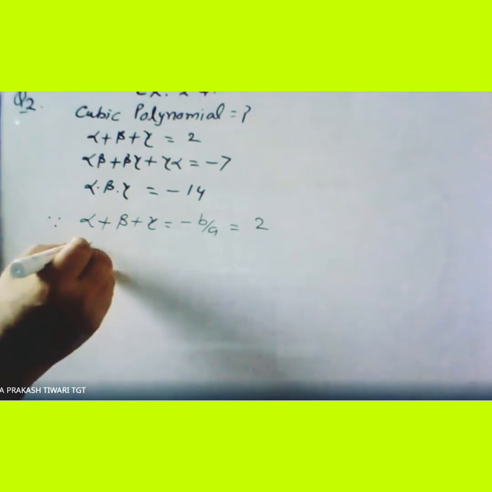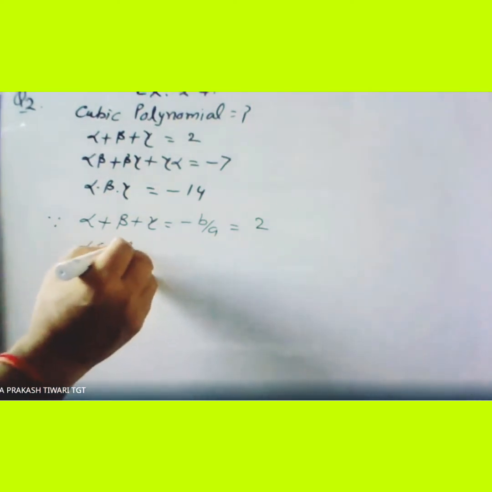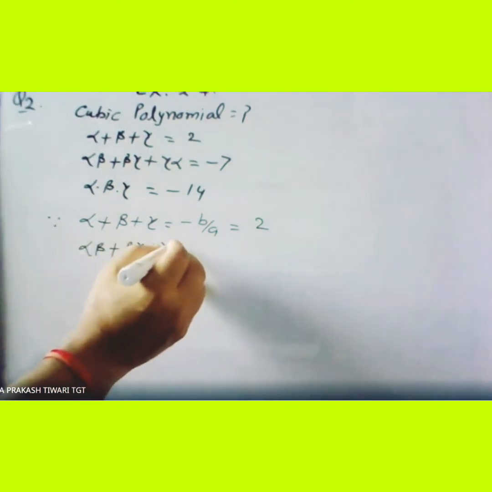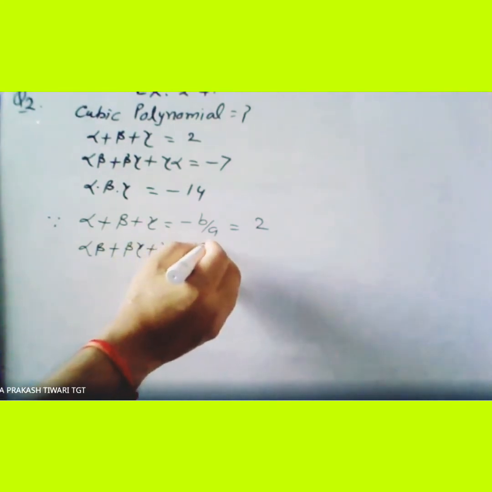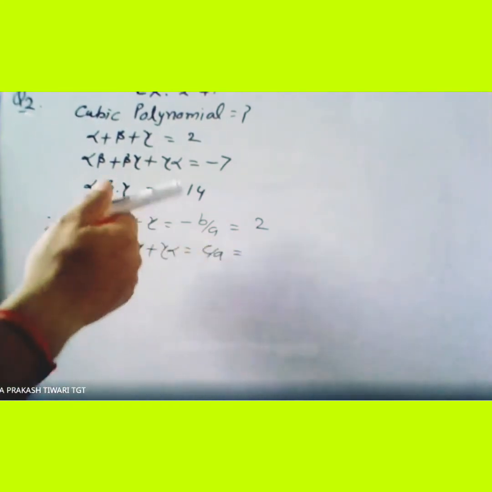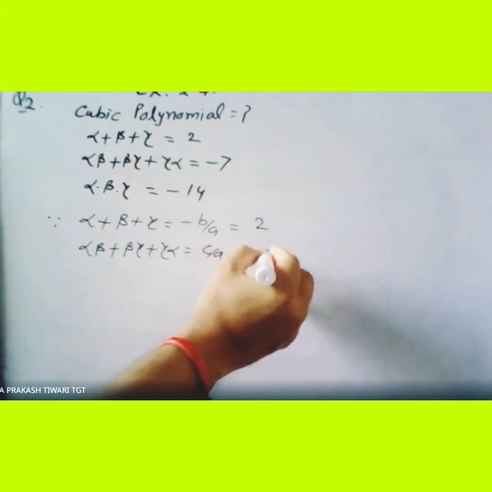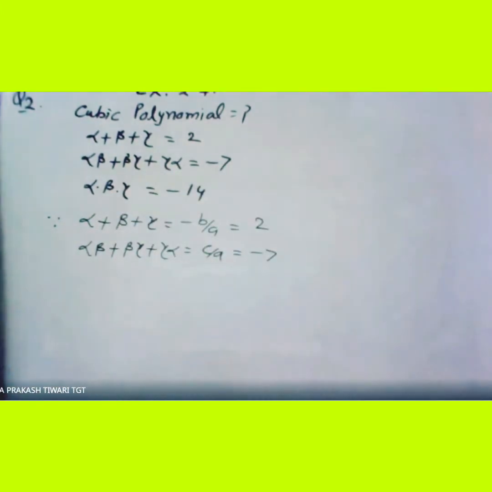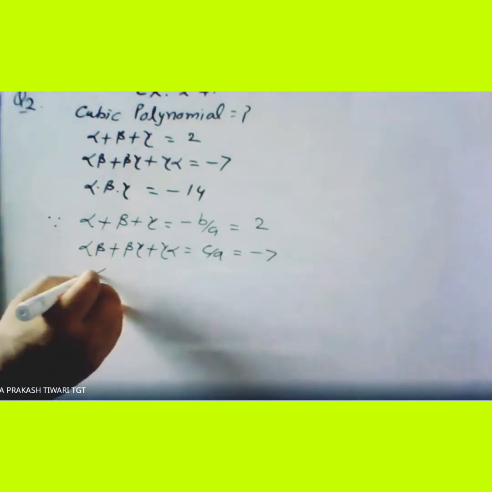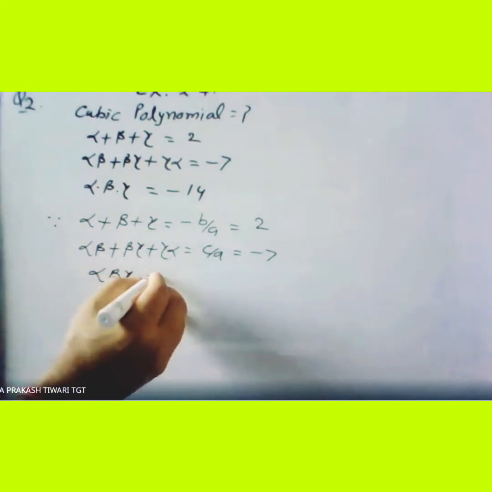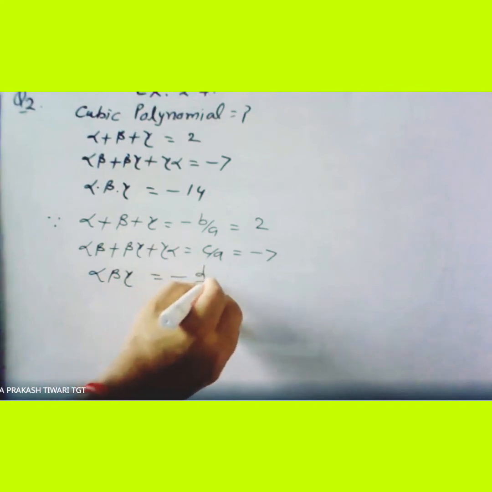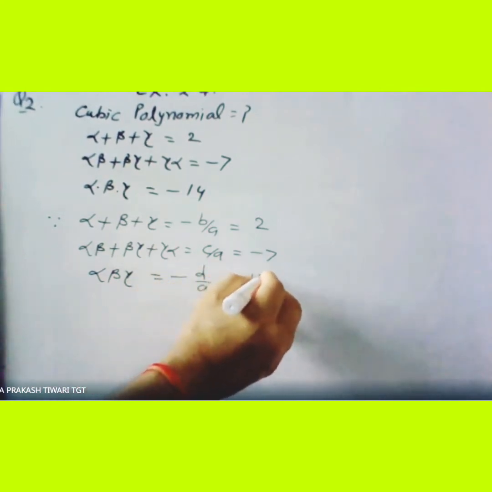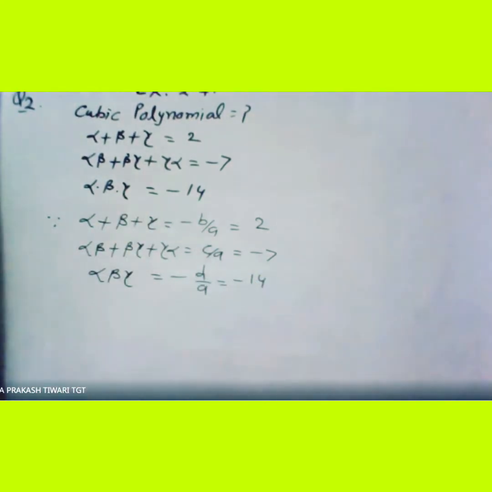Second one, alpha beta plus beta gamma plus gamma alpha equal to, given, you know that this is c by a. C by a means it is given that minus 7. And after that the third one, alpha beta gamma equal to dear minus d upon a, and this is given that minus 14. Okay, so try to understand how can we find the value of a, b, c,